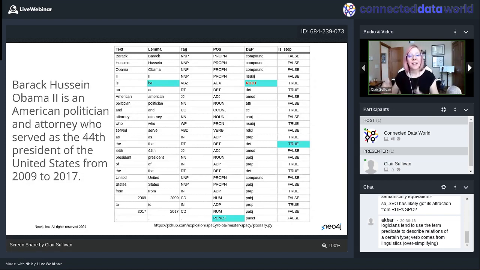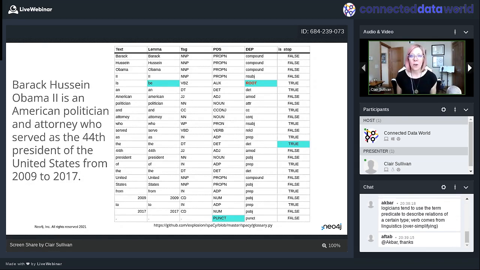Then I have tags and parts of speech, and those are just different ways of saying what kind of word that word is. But then I want you to look at the second column from the right, and those are dependencies. The first thing you see there, highlighted in big bold red, which should suggest that it's really super important, is the root of the sentence. That root is the most important verb in the sentence. We always want to find the root. Everything else is going to be based on that root, but you'll notice it's not the only verb in the sentence. Served is also a verb. We'll come back to why that's important in a second.